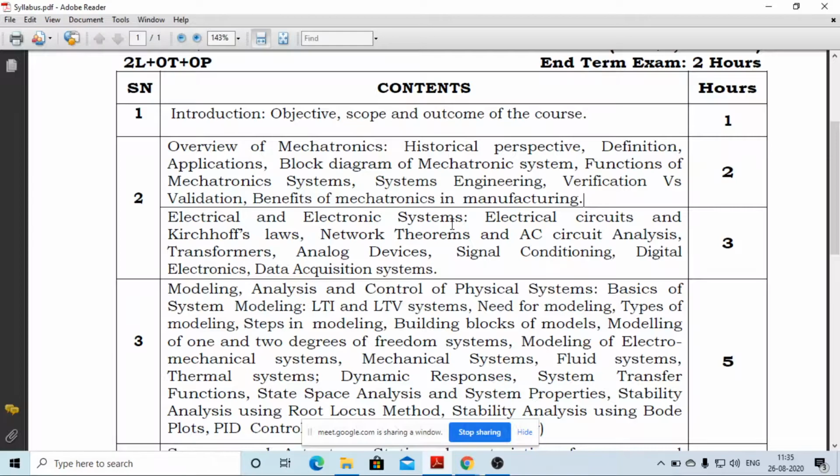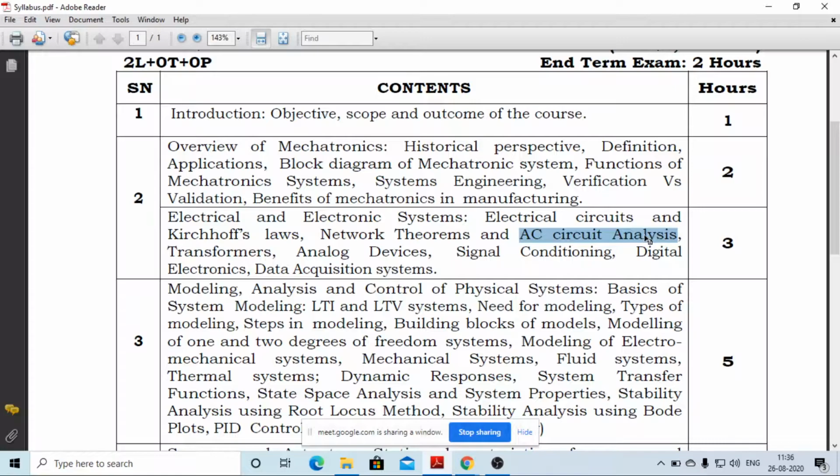In this, we will see the electrical circuits, like your DC circuit and AC circuit. We have already covered these, and Kirchhoff's laws, that is KVL, KCL, and different network theorems. These theorems are Thevenin's theorem, Norton's theorem, superposition theorem, and maximum power transfer theorem. And then AC circuit analysis. As we compare the DC circuit with the AC circuit, the number of parameters is going to increase for the AC circuit analysis.